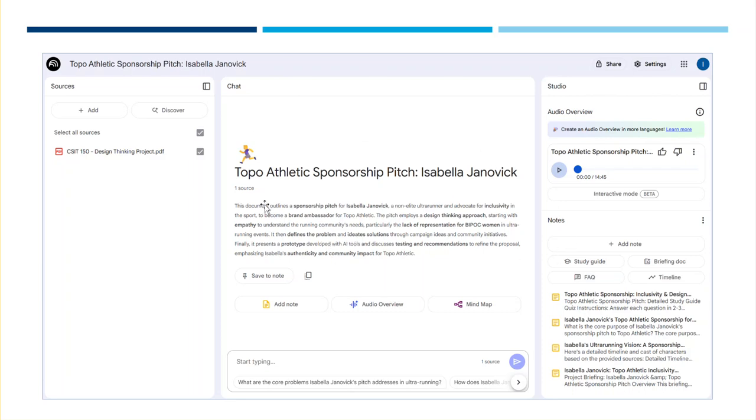I uploaded a bunch of information about myself because I was looking to become a Topo Athletic sponsorship pitch. Topo Athletic is a trail running shoe, and they do sponsor me, but not monetary yet. They only send me shoes whenever I want, so at least I don't have to pay for shoes because they're $175 a pair. But I would like to get to that next level and actually have them pay for my race entries, pay for my travel fees to get to races, and just being paid to post about them.